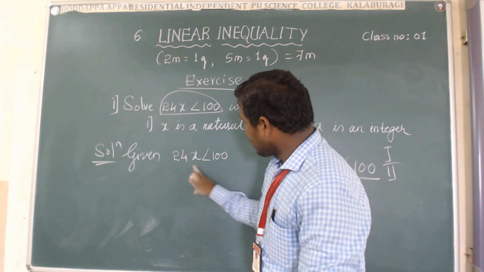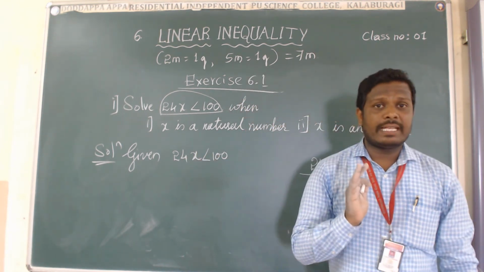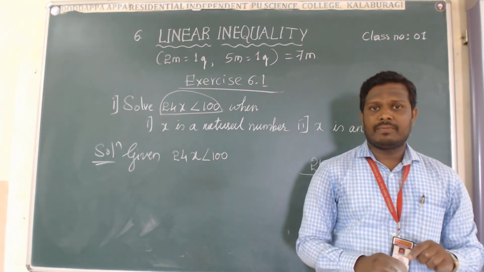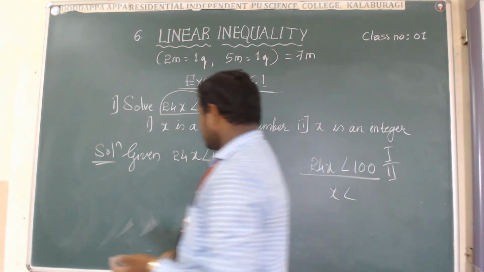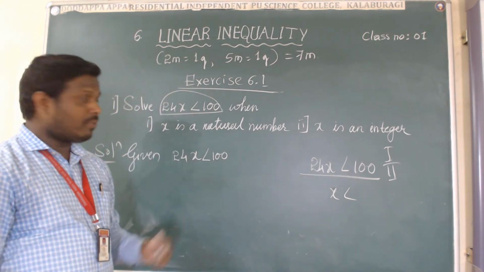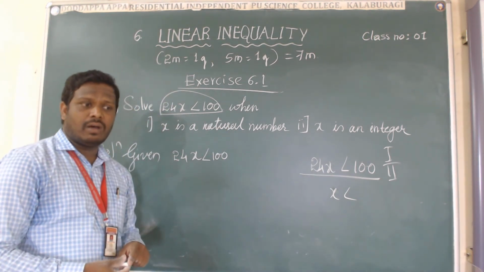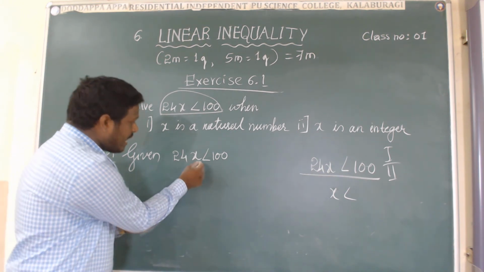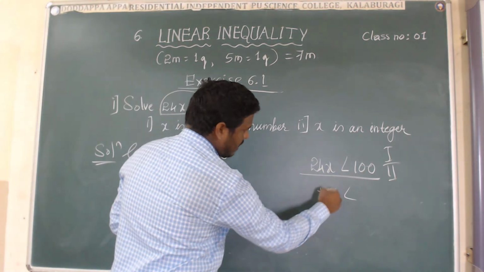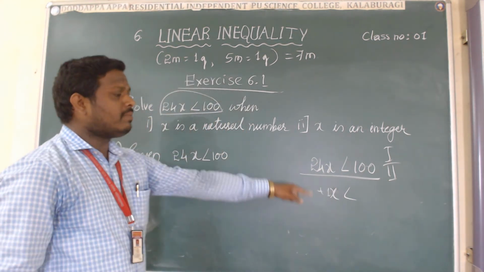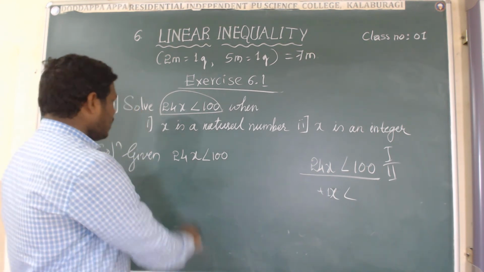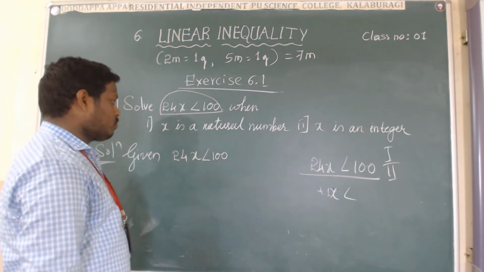What is the coefficient of x here now? 24 is there now. We can't write the values of x if the coefficient is 24. X is a natural number. So we have to simplify up to getting the coefficient of x as +1. Nothing written means the coefficient of x is positive 1. Okay. So which rule will we apply here? First rule or second rule?